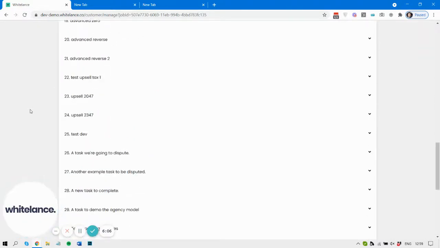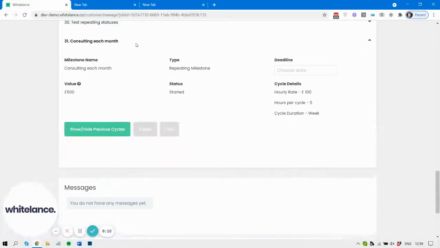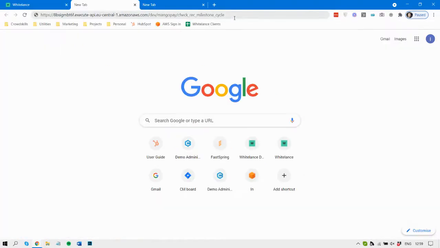The customer doesn't have to dispute it, but for whatever reason, if they were unhappy with the work, they can go and dispute this amount. Now, the dispute button will only appear at the point where the hours have been finalized. So I'm going to trigger that now. So we're now going to assume that